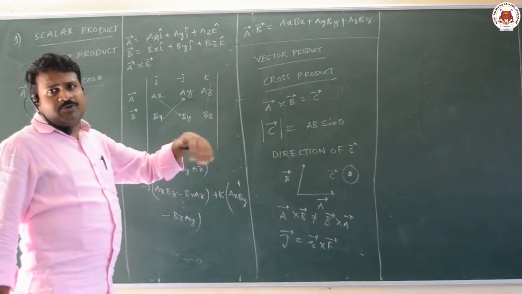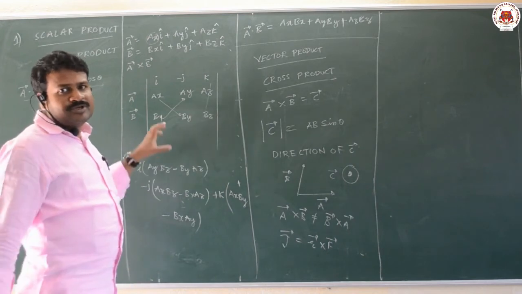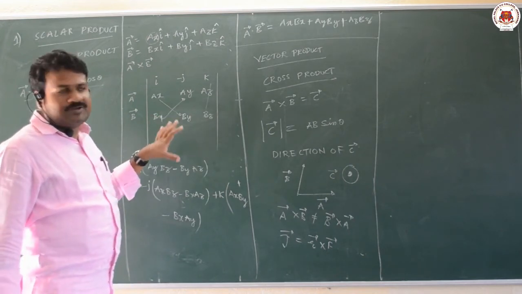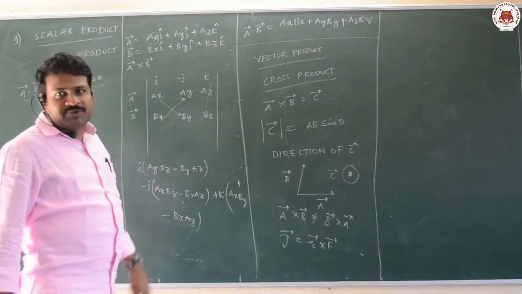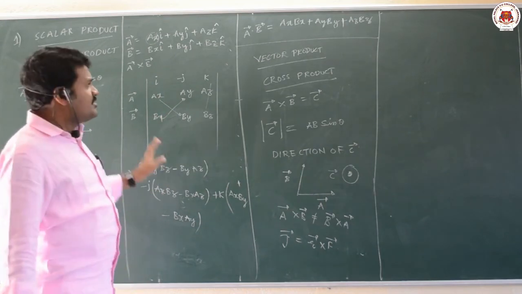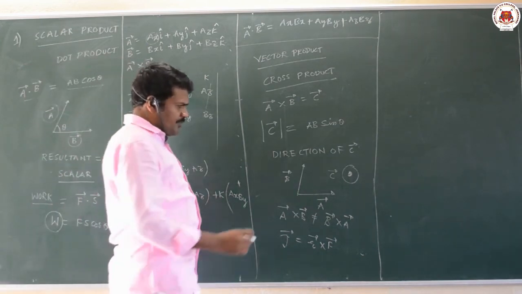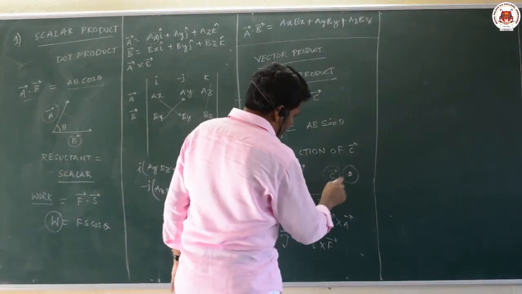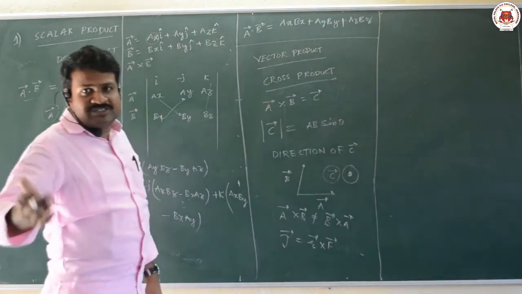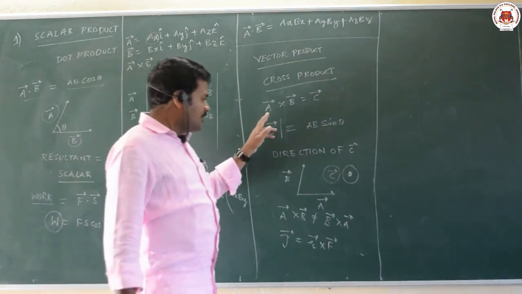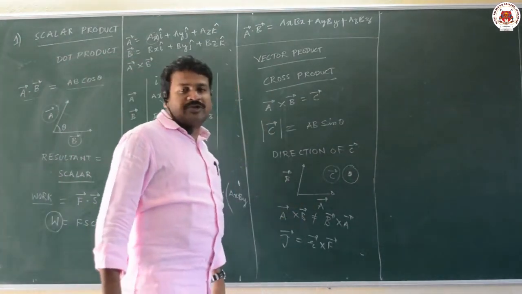You will get practice while you are doing problems, or when you come across the cross product while you are solving, you will get practice about this cross product. Many examples you will get. And one more thing you can always remember, the vector which is the resultant of a bar cross b bar is perpendicular to both the vectors.